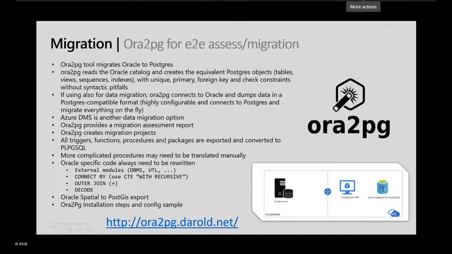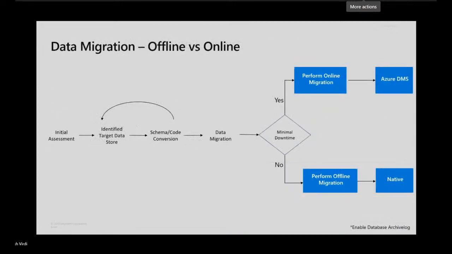So what I will do is we will use this Ora2PG to run an assessment on an Oracle database and then see how we can migrate it to PostgreSQL. That would be for the demo that I would be doing. And in the demo, we'll look at a scenario where we will try to migrate an Oracle database to Postgre in an online fashion.